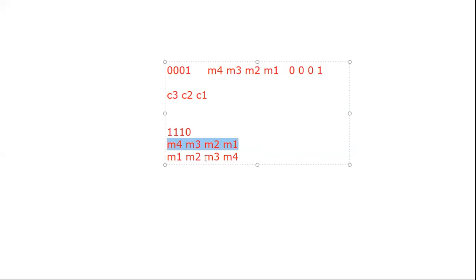Is it M1, M2, M3, M4 or M4, M3, M2, M1? If you want to take M4, M3, M2, M1, take the check bits as C4, C3, C2, C1 like that. Suppose if you want to take M1, M2, M3, M4, now check bits are C1, C2, C3. Is it okay? Be careful while drawing the encoder diagram. M1, M2, M3, M4, C1, C2, C3. M4, M3, M2, M1, C3, C2, C1. You can take either M1 to M4 or M4 to M1. That means we can take MSB as either M1 or M4. That is your wish. No problem. 100% correct, right?